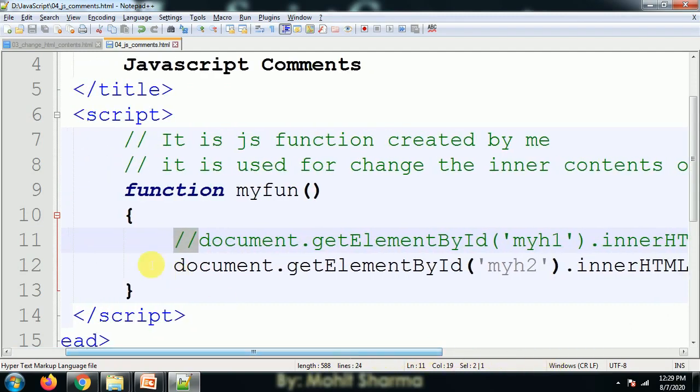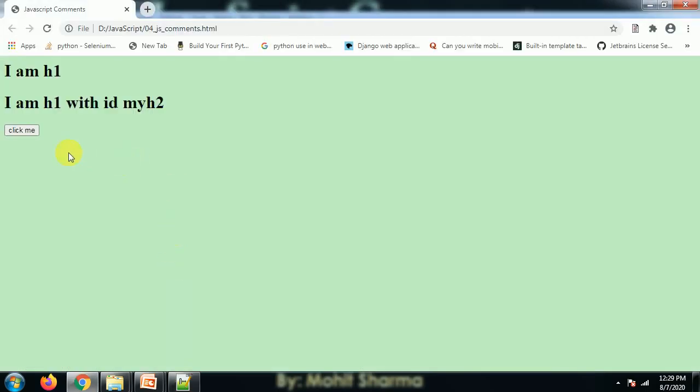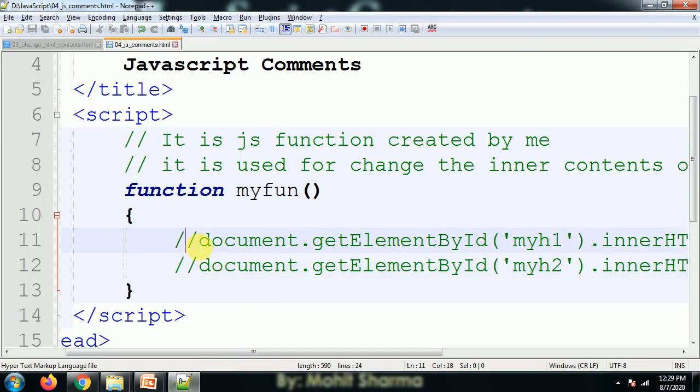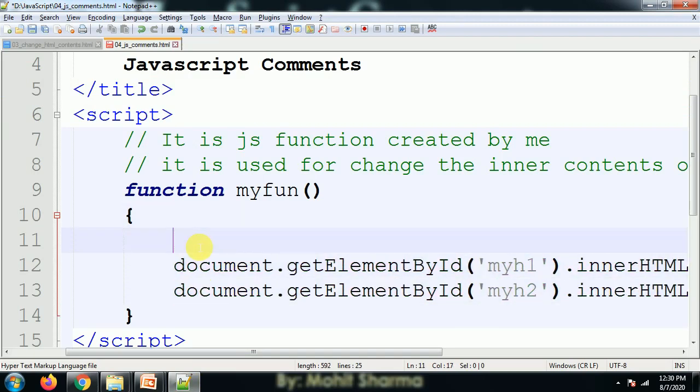If I give a single line comment on both, and refresh it and click on this, nothing happens, because both statements are commented by me with single line comments. If I want to comment both statements in a single way, without giving a single line comment to each, I use the multiple line comment. I use the forward slash followed by this asterisk.